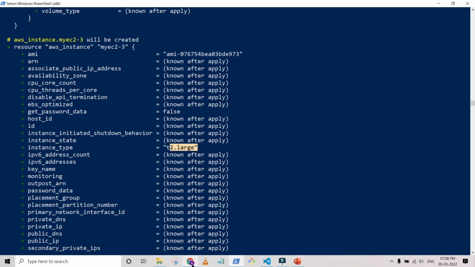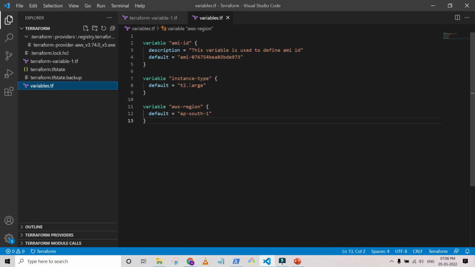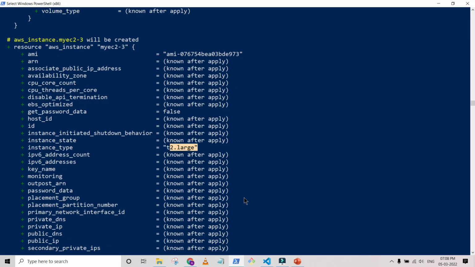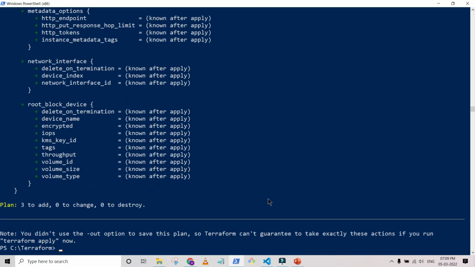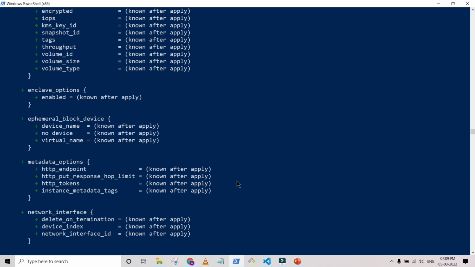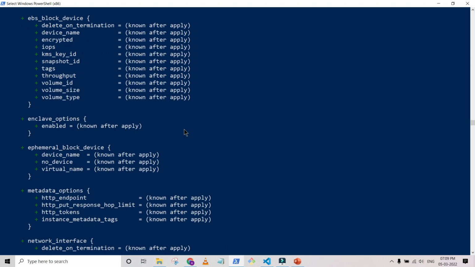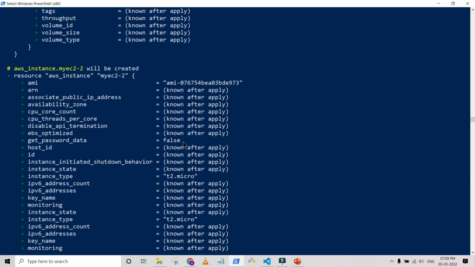So if you change it here, again I'm going to put it T2 micro. Okay, let's save it, and when I use it, the instance type will now get changed from large to micro. Just have a look at one instance. The others will also have similar information because we are referring to the same variable files. Okay,